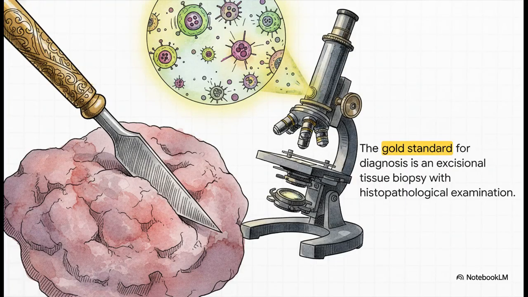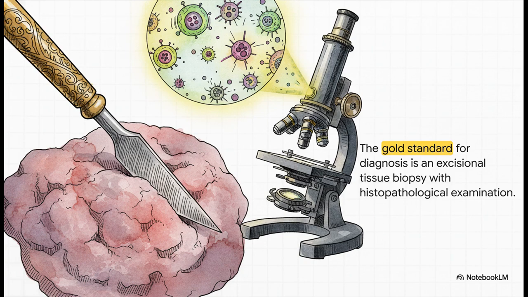All right, lock this absolute gold standard fact into your brain. You must, absolutely must, obtain a tissue biopsy. Ideally, an excisional biopsy of the involved tissue. You just cannot diagnose PTLD purely on clinical suspicion or some blood work. A pathologist actually needs to look at that tissue under a microscope. They have to confirm the morphology, they need to check for clonality, and they have to test the EBV status